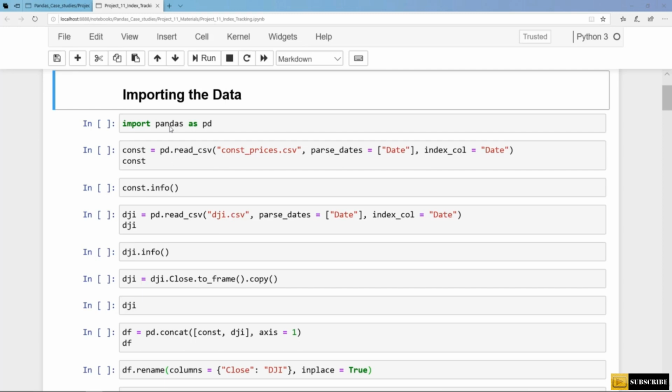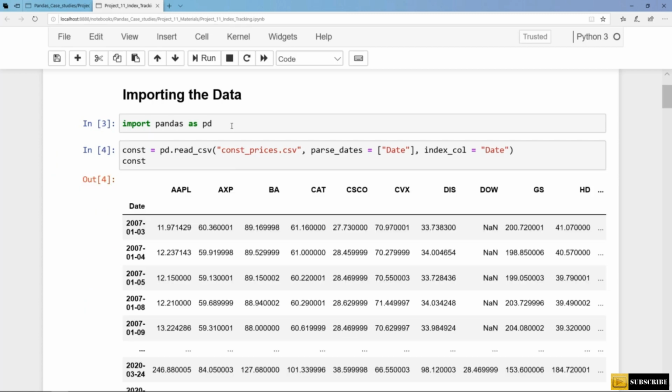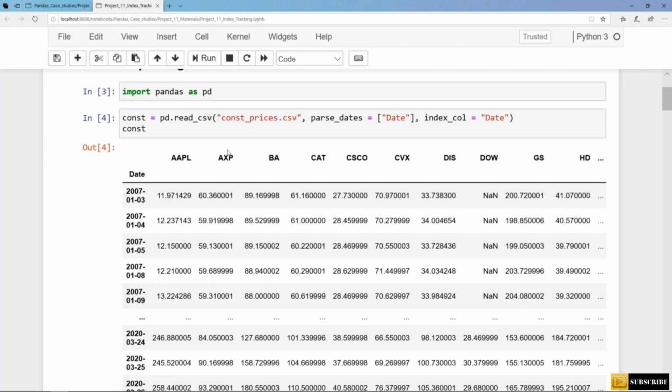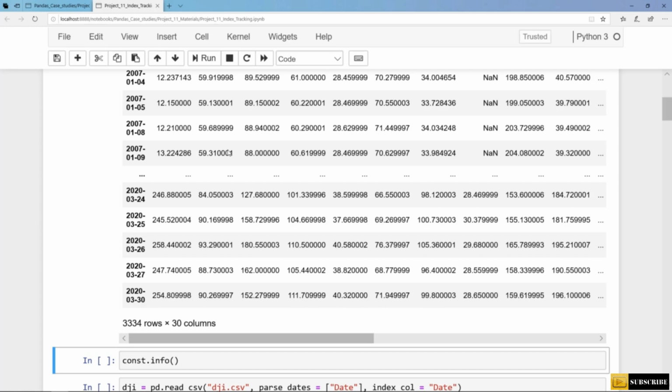In this lecture, first of all, we import the data that we pulled from the web in one of the previous projects, and we will also merge some data. So let's import pandas. And then we have historical stock prices for our 30 constituent stocks. And these are saved in the CSV file constituent prices. And also we make sure that we have a datetime index, and we save the data frame in the variable constituents or const. So here we have daily close prices for the 30 constituents from 2007 till 2020, end of